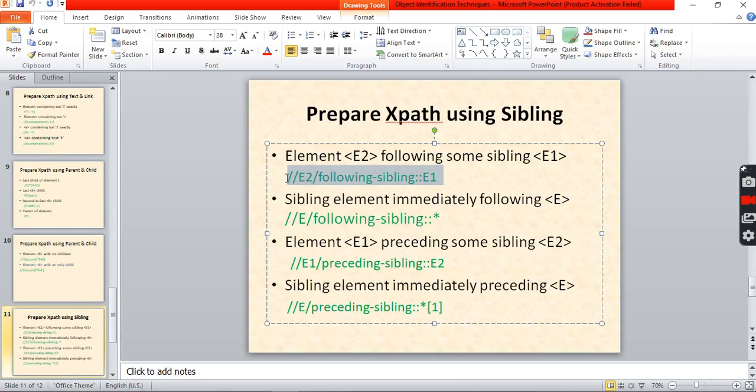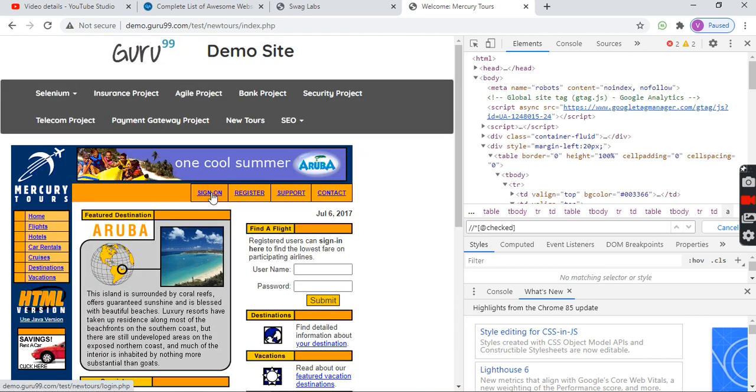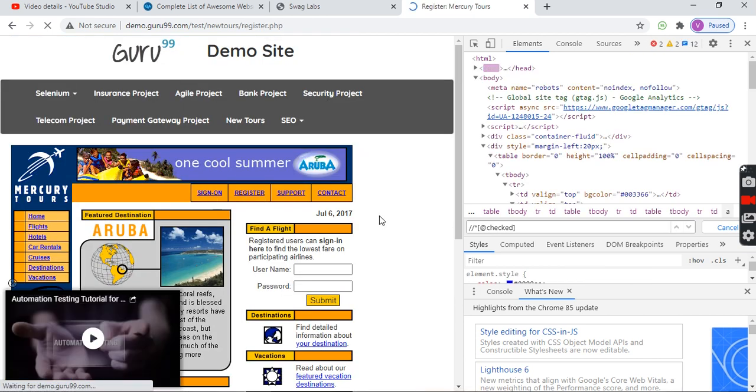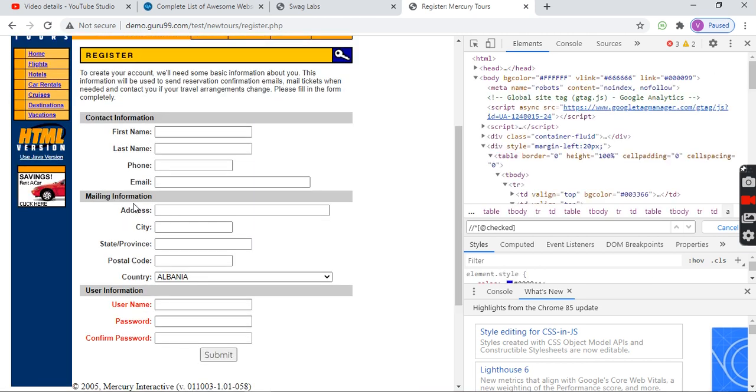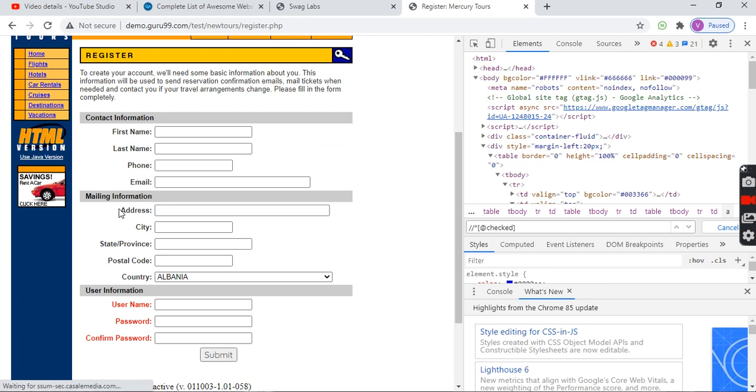I want to identify the element with the help of the first technique, element E2 following with some sibling. Let's go here. Let's sign up. Let's go to the registry page. I want to identify this particular address tag or address label.